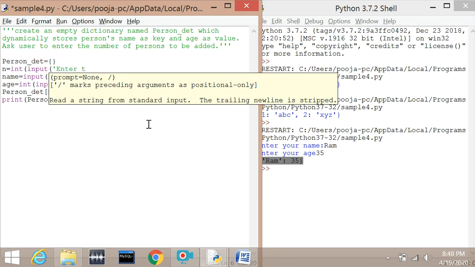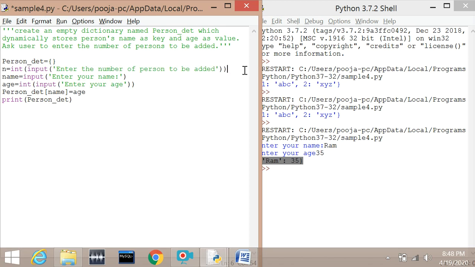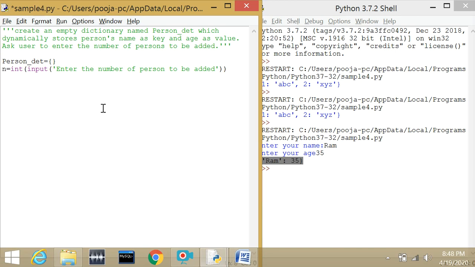Enter the number of persons to be added, right? Okay, the message is done. So that number of persons will be stored in the n variable. If you want to perform these statements again and again, you will have to use a looping statement.